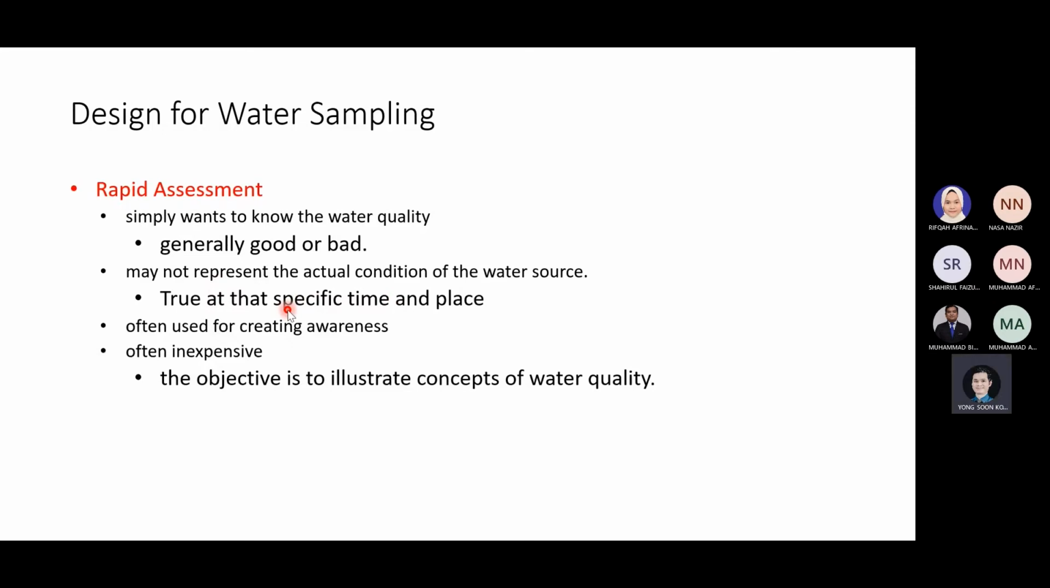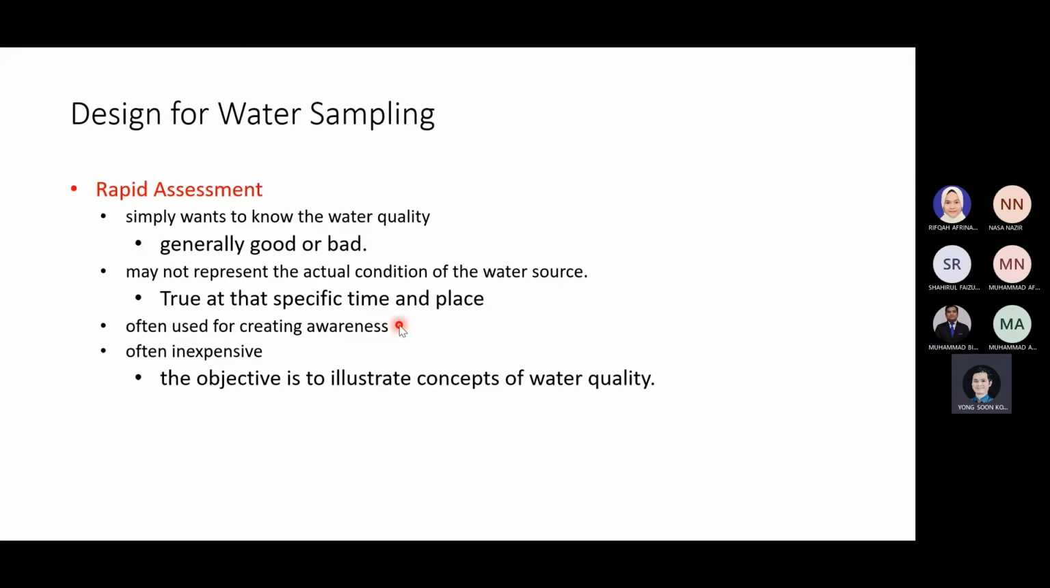So it may not have like an incidence at the time, but this one is like suka-suka. You just want to create awareness, and it's often inexpensive because the time and also the number of samples you collected is only on that time only. You're not going to collect long term a lot of samples from a long term monitoring program. So I would say this rapid assessment